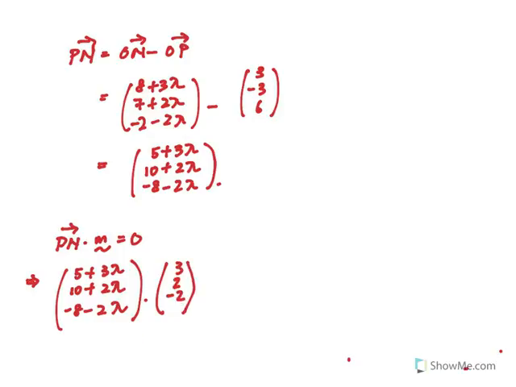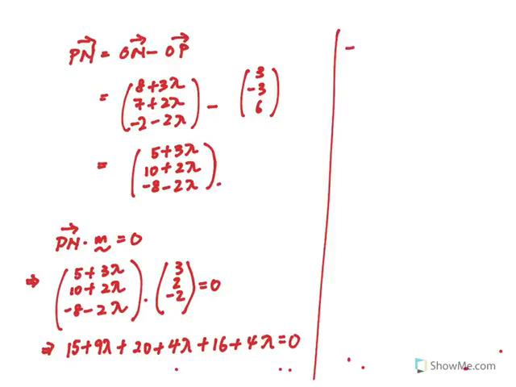So remember, 3, negative 2 is the direction vector of the line. It should give us 0. This means that 15 plus 9 lambda plus 20 plus 4 lambda plus 16 plus 4 lambda should give us 0. Very quickly, this means that 17 lambda, simplifying the algebra, here you have lambda equal